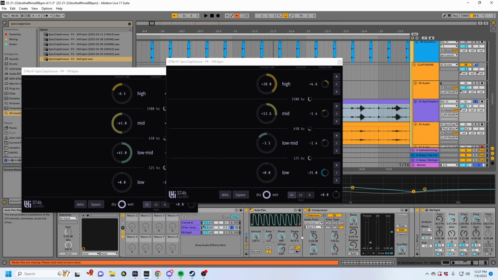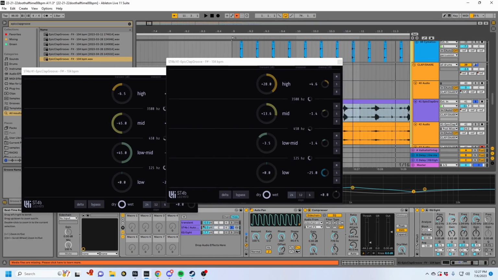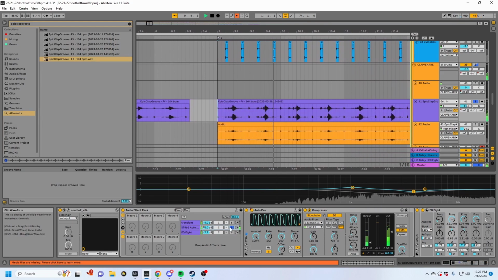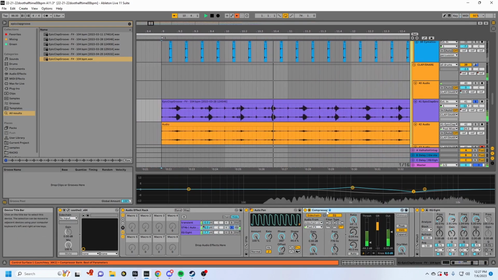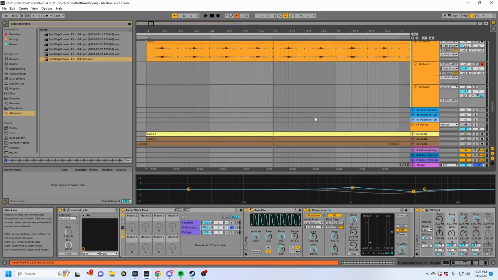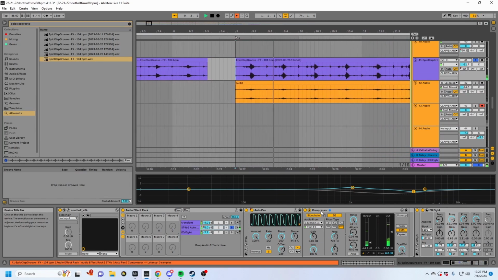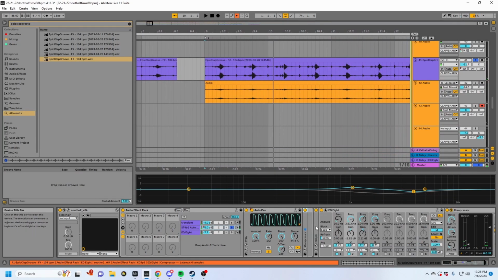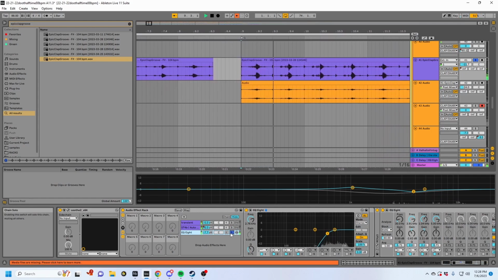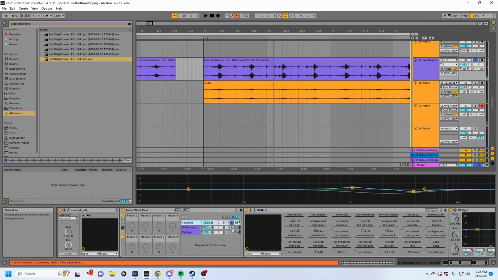And I also have this auto pan set so that, I believe, it cuts out the hats and just comes in only for the snare. And then I guess I am sidechaining this by the snare as well. Interesting, I don't fully remember all this. And then this is also running in parallel with just that. So then all these together,